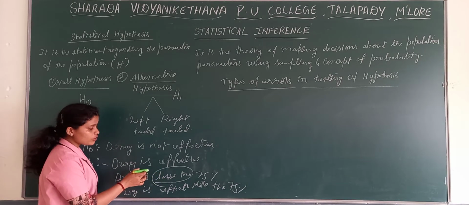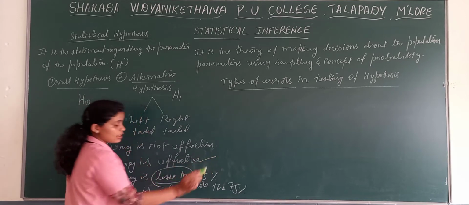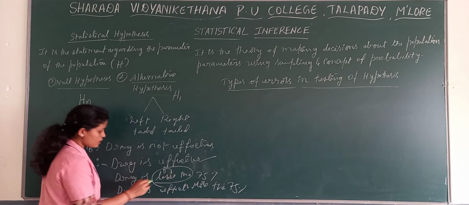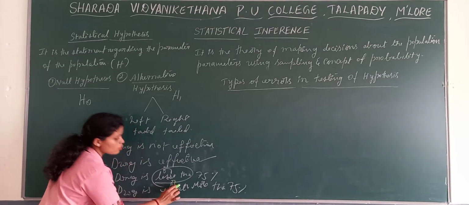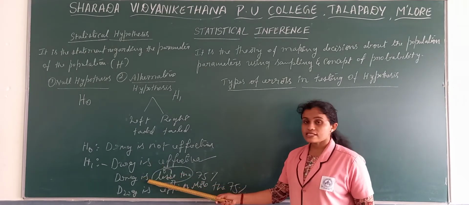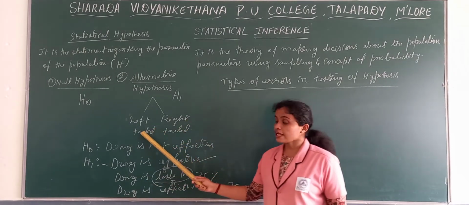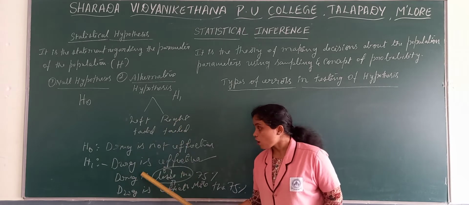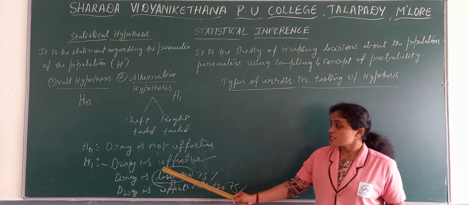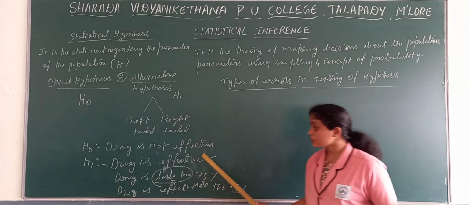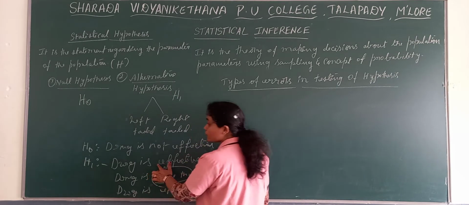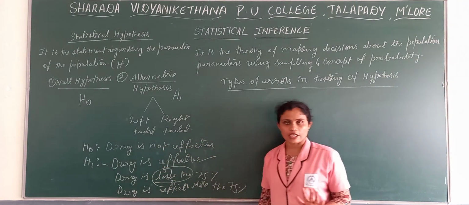In case of alternative hypothesis, either the direct alternative hypothesis, or else lesser than, or else more than. It cannot be all three. Either this, or less than, or more than. Means either left tail, right tail, or else equal. So we cannot set all three as alternative hypothesis. Out of these three, any one we need to set along with the null hypothesis.